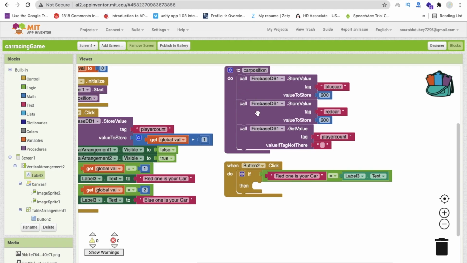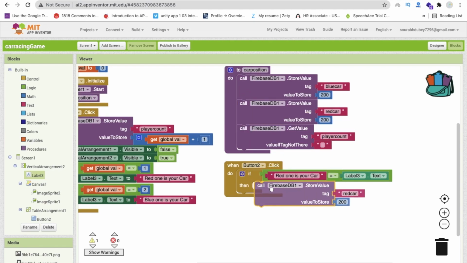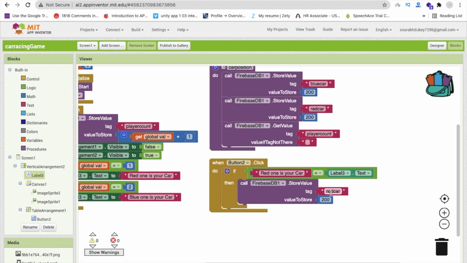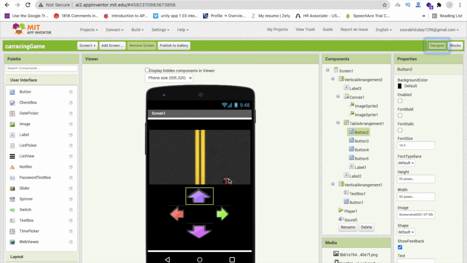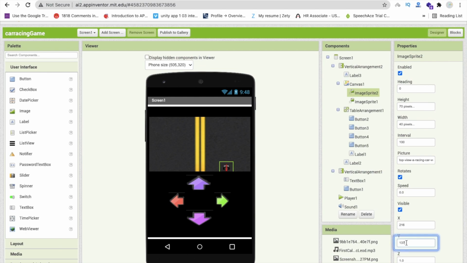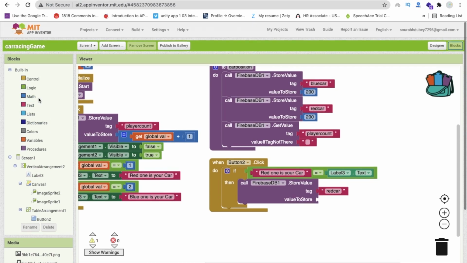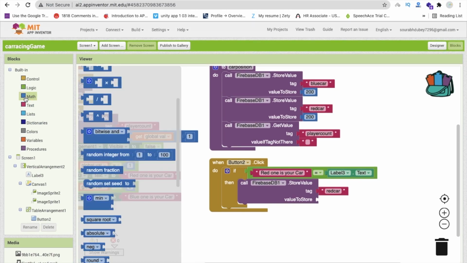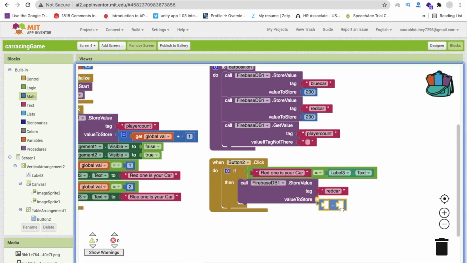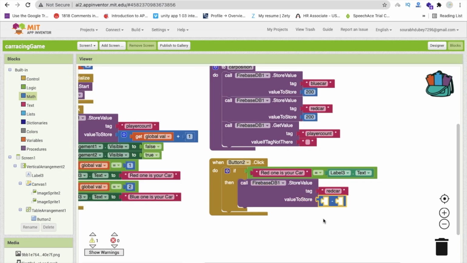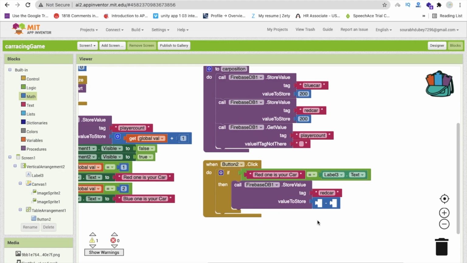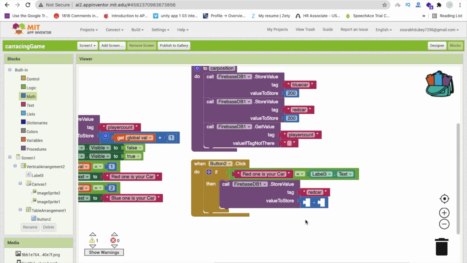So we have to store a value. I'm going to use this one, the store value, this one. We have to store that value in the red car, and we have to subtract that value from the Y, because whenever I decrease the Y value, suppose that's 137, if I just make it 100, this car is moving in the up position like this. So go to the block, we have to subtract our value. So go to math and take minus like here, and we need to get the current value. It means we need to get the red car Y value.